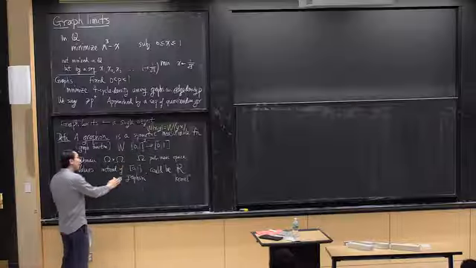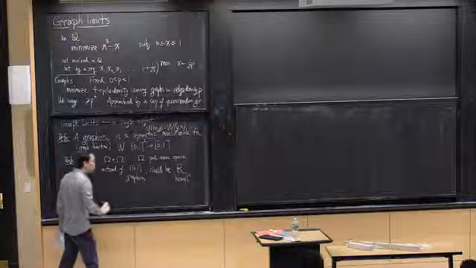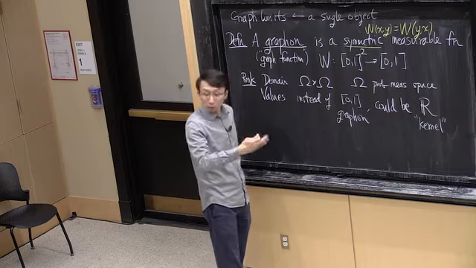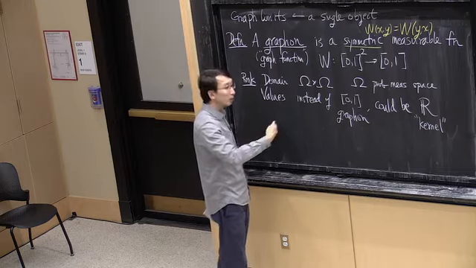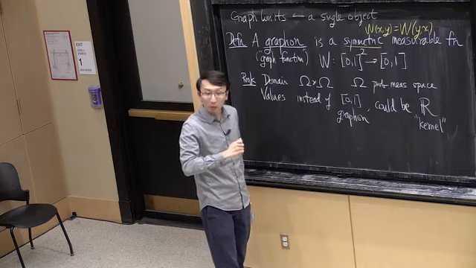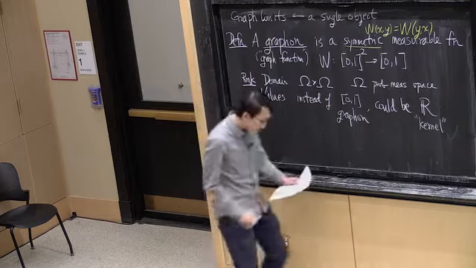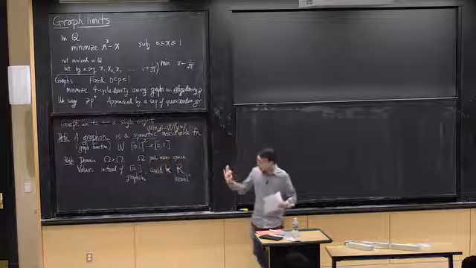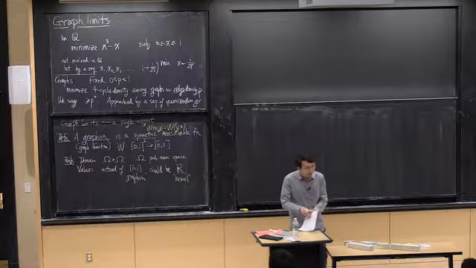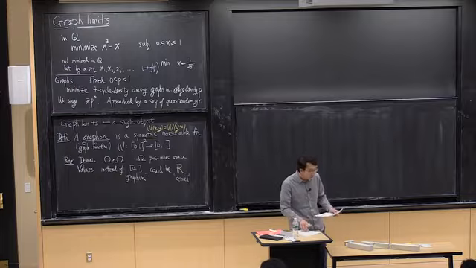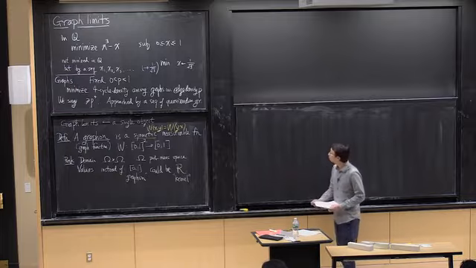Okay, so when I say graph function, I just mean the values between 0 and 1. Although, if you do look up papers in the literature, sometimes they don't use these words so consistently, so be careful what they mean by a graph function. All right, so that's the definition. But now let me give you some examples. How do we think of graph functions and what do they have to do with graphs?